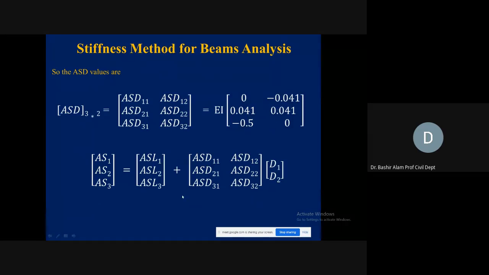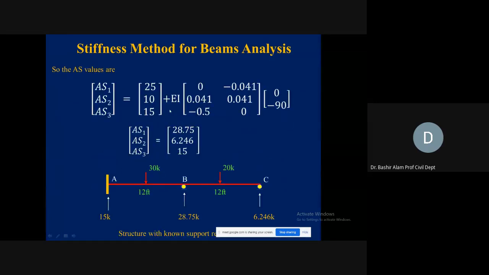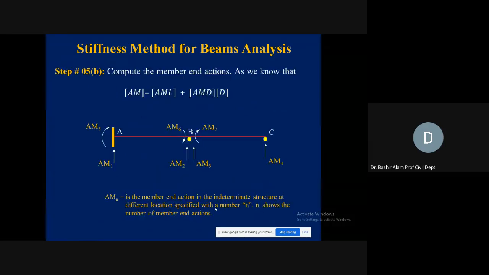इसके बाद क्या है? D1, D2 हमने already find out किया हुआ है, so we multiply this and all the support reactions. Now you see here we just by putting this value multiplied by the joint displacements. When we solve this, so the support reactions are known. अगर आप कहते हैं कि नहीं मेंबर शेयर और मोमेंट्स भी हम इस तरीके से मालूम करते हैं, तो वो भी कर सकते हैं।